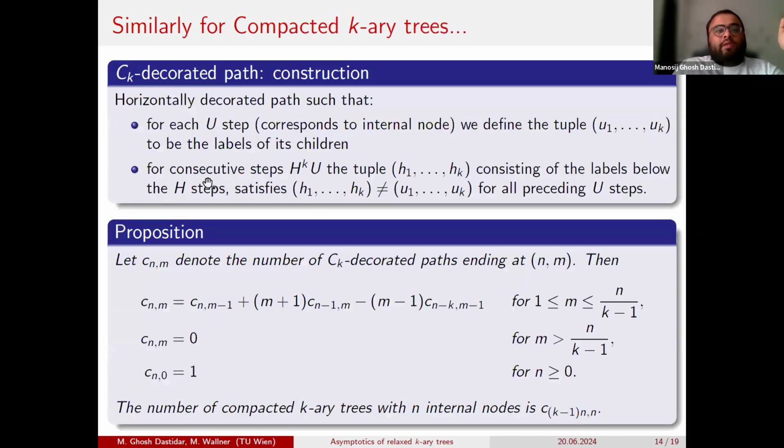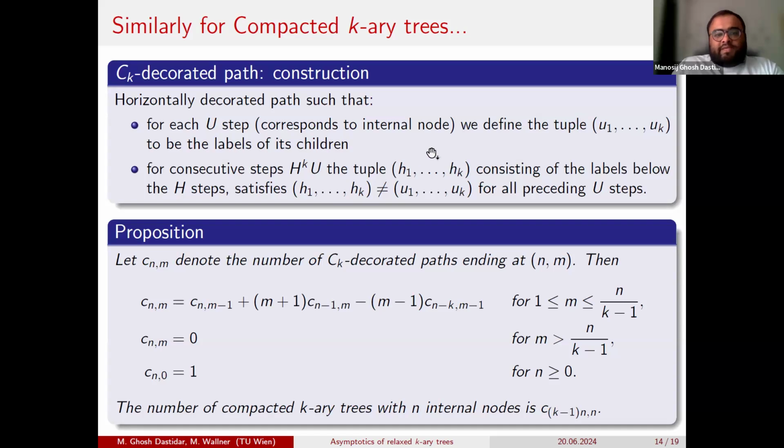Okay. So what would we do in the case of compacted k-ary trees? Since compacted k-ary trees are a special class of relaxed k-ary trees, we have to make the decorations slightly different, but it will be the same kind of horizontally decorated path, which we call a CK decorated path.